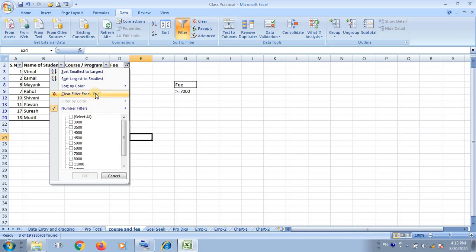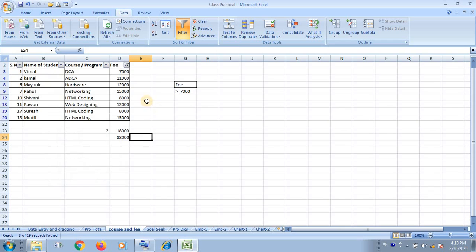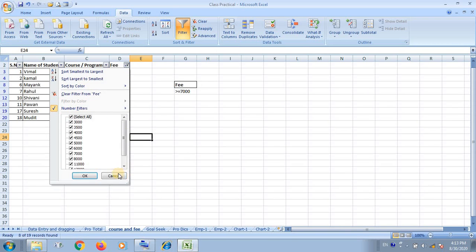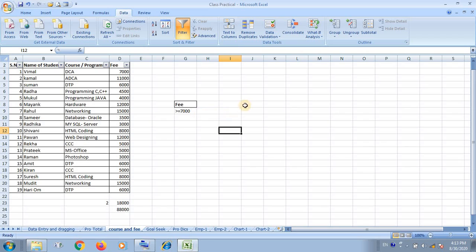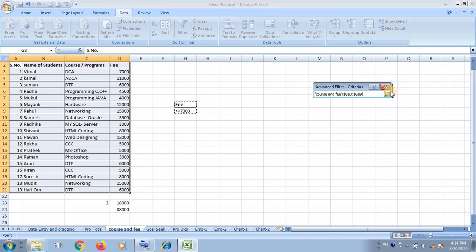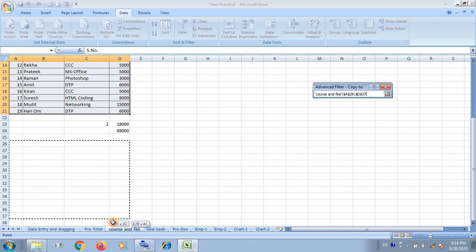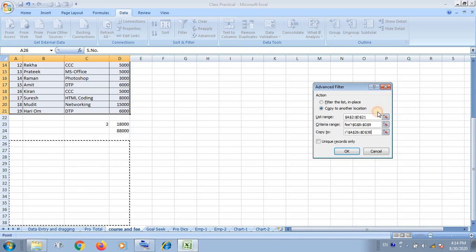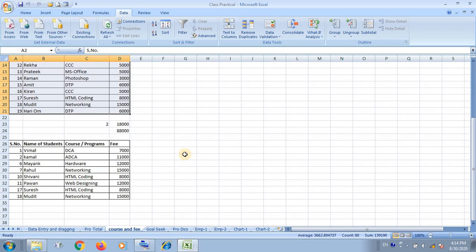And if you can't do it by this, you can use another method like this. I am working here. You can give the criteria by using the advanced filter. See here how you can use the advanced filter. This is the database list. You have to copy and select the criteria and the copy to location, and after this you press OK, and then you again see the list of the total amount is saved.